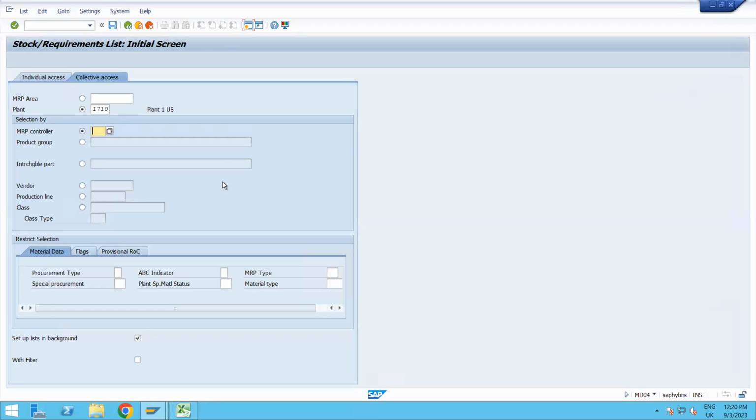Okay, so now when you are going to the results of the MRP run, you have to suggest to your business users to see them collectively. Any planner will have access by MRP controller, correct? So they can select the MRP controller, or if it is a purchasing person, he can select the vendor. Then you can put the vendor code and see that. These are the two options which I suggest you suggest to your customer, I mean the users, to see